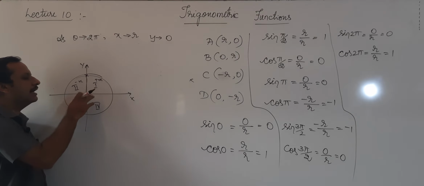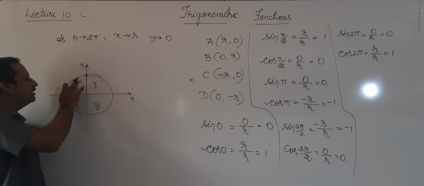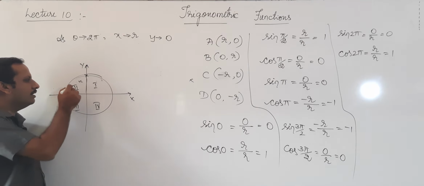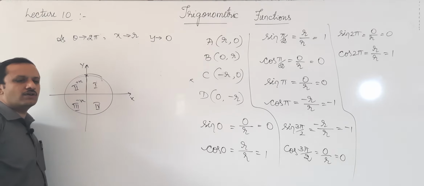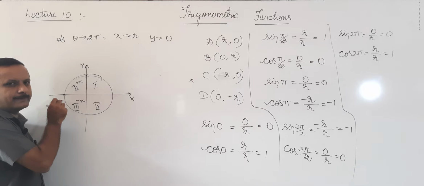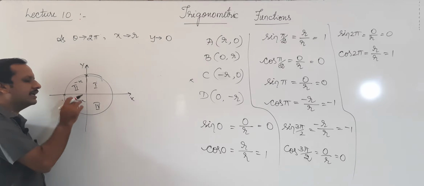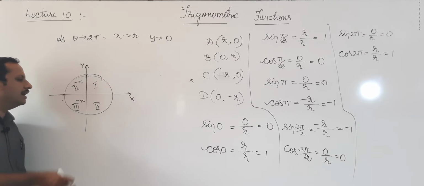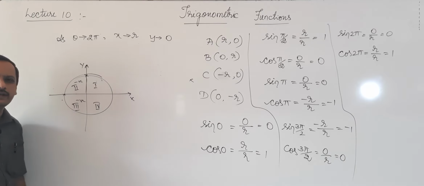Okay, tan. Again, after that, you look here at 180 degrees. Sine is positive in the second quadrant and negative in the third quadrant. Here positive, here negative, means sin theta should be 0 at this point. Then cos is negative in the second quadrant, and in the third quadrant also cos is negative. Therefore at 180 degrees or at pi, cos should be negative.